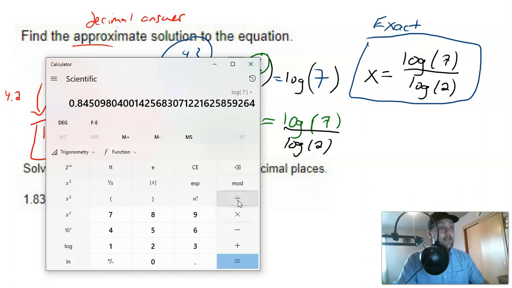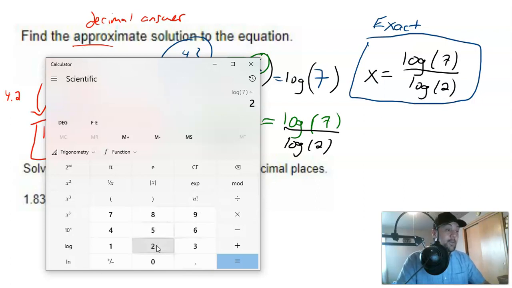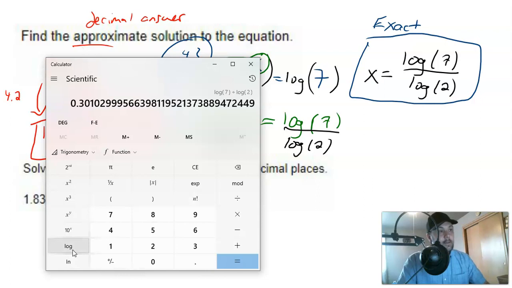I want to divide that by log base 10 of 2, so I have to type in the 2 first, and then type in log, and you see that now it's going to divide by log base 10 of 2. This is not the answer. I still have to enter to actually carry out that division. So what you see on the screen right now is log base 10 of 2. That's the decimal for that. But then to divide those two, I have to go ahead and hit equals,